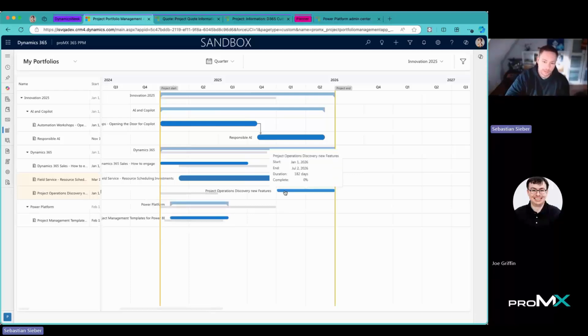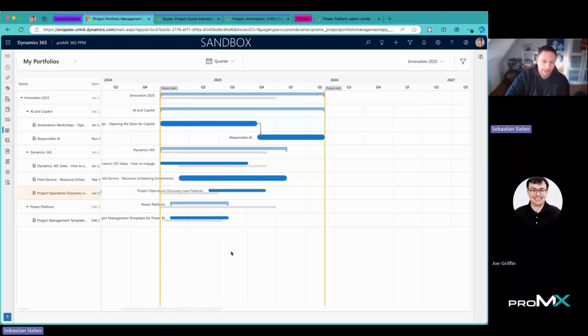even like in 2026. Maybe I should drag this a little bit smoother into here, so that it's not so far away. But you can also see that, for example, AI and Copilot does not have any baseline, because when I created those records, the baseline was already there, but not the records. So I then added the program for AI and Copilot because of recent announcements, for example, and now I have